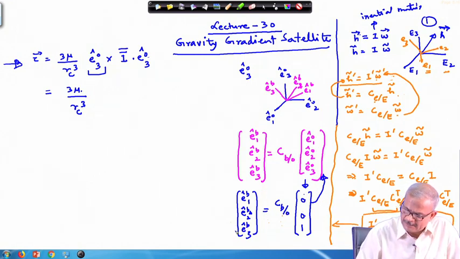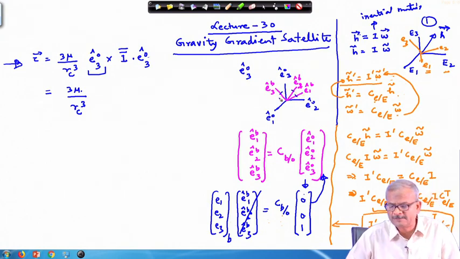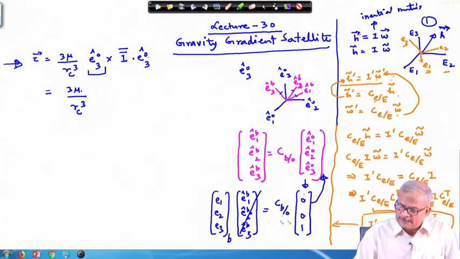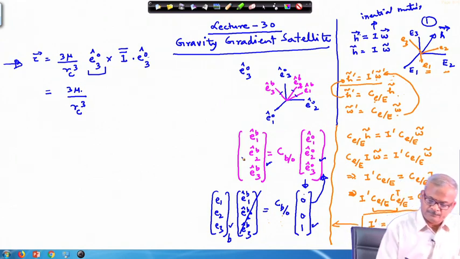So, in that case I will not write it like this; this cap will not be there, and we will only have components here. Instead of writing this, we should write in terms of some components, say E 1, E 2 and E 3, which are the components along the body reference frame directions 1, 2 and 3. Then this vector is converted into this vector. While we write in terms of vectrix, we have to show it like this. So, this whole vectrix is converted to this particular one.